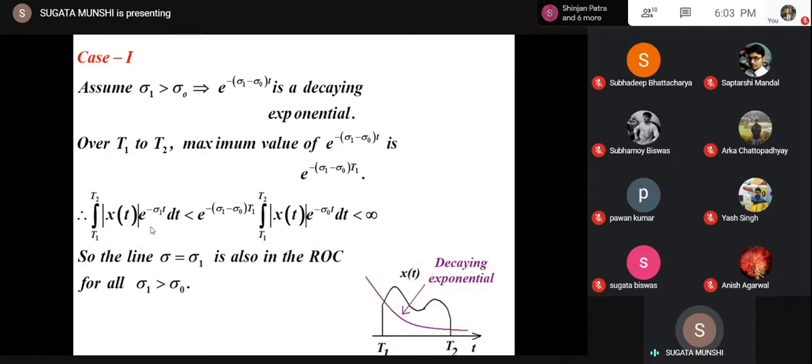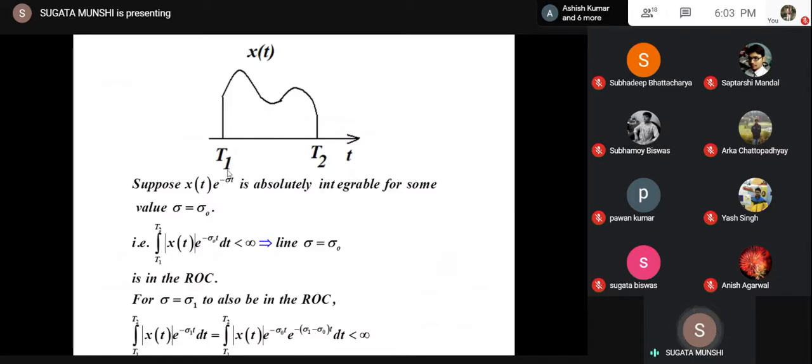And this integral being finite means sigma equal to sigma 1 is also in the ROC. So this is true for all sigma 1 greater than sigma 0. All right. This is true for all sigma 1 greater than sigma 0. Write down here. Then